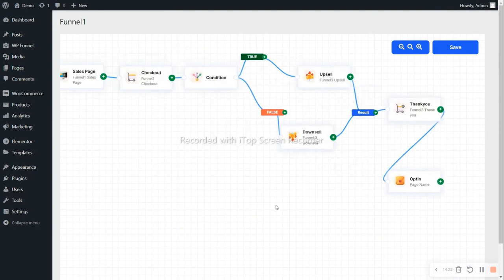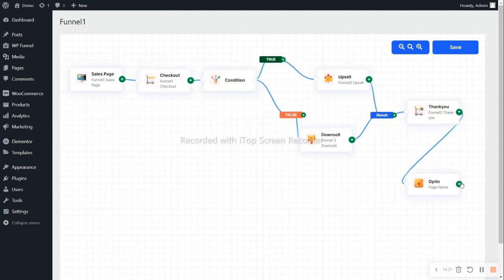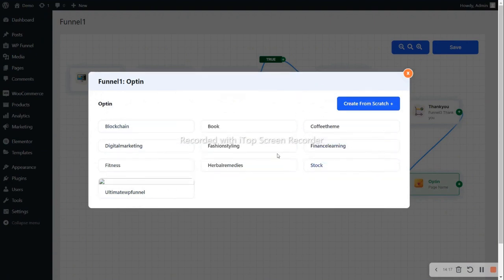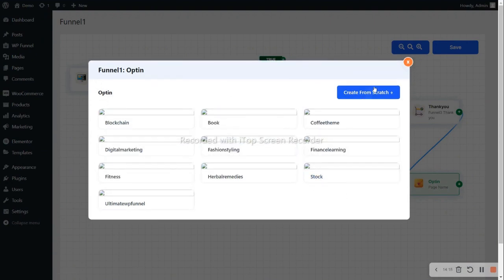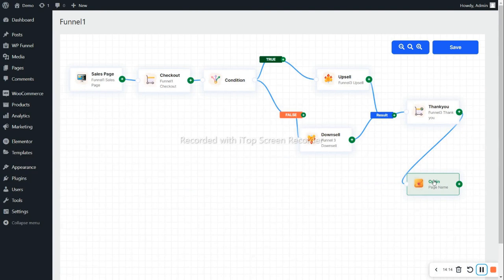So I have added the opt-in form. In the opt-in form, you can use the pre-built design, or you can create from scratch. And after finishing it, click on the save button.